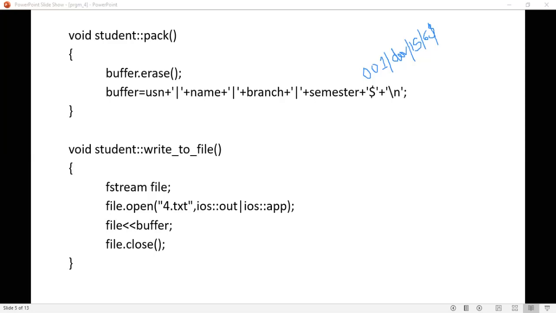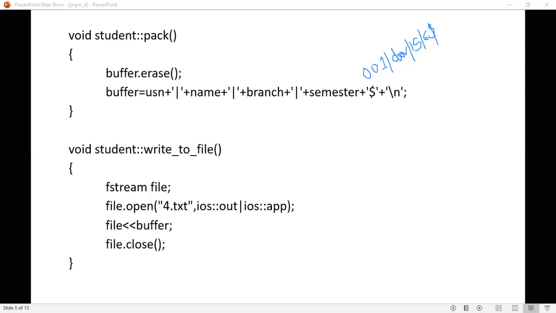Here use fstream, file streams, file dot open of. You are going to open a text file by name 4.txt. In which mode are you going to open? ios out and append. That means in write and append mode you are going to open this particular 4.txt file.